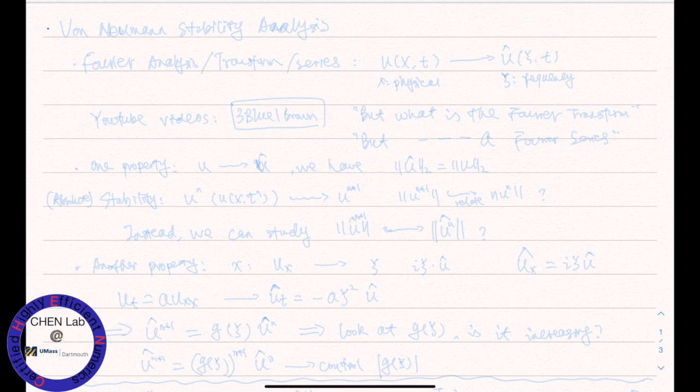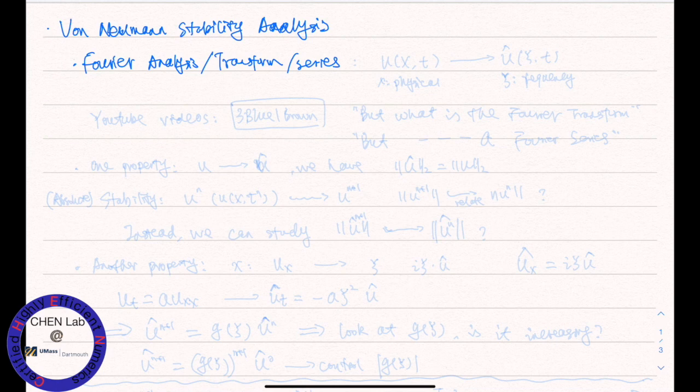Today we'll talk about something called von Neumann stability analysis. The background is something called Fourier analysis and Fourier transform or series, etc. I don't plan to dive into that. Instead,